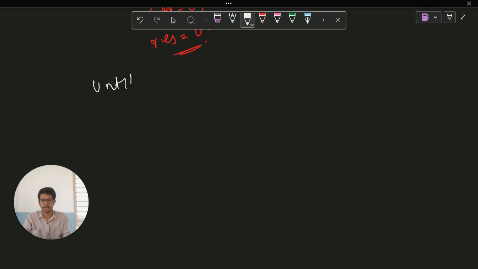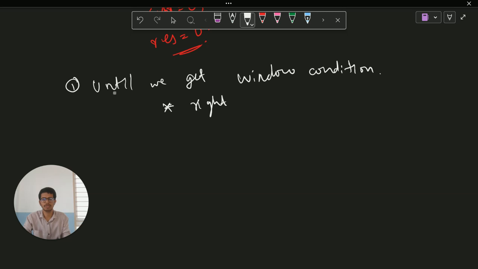Until we get the window condition, what do we have to do? Until we get the window condition, we should increment the right value. That means we should get